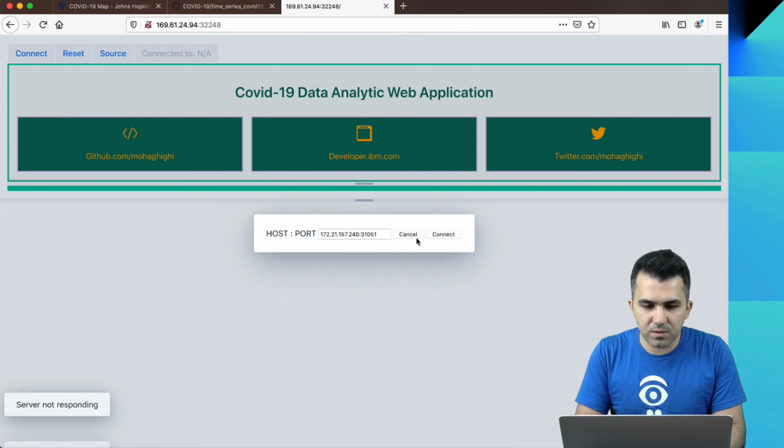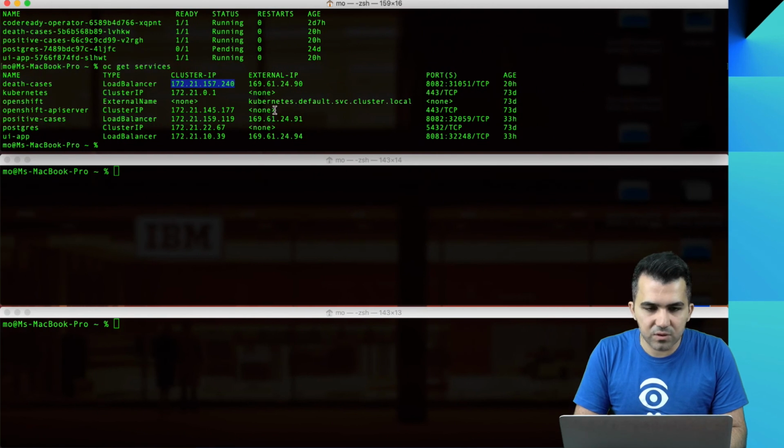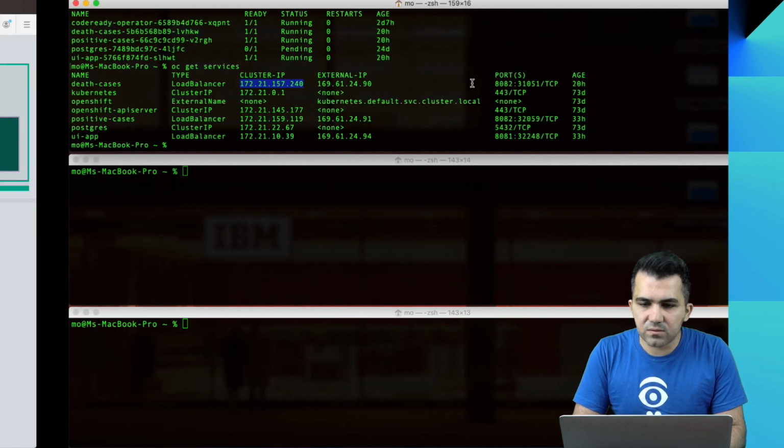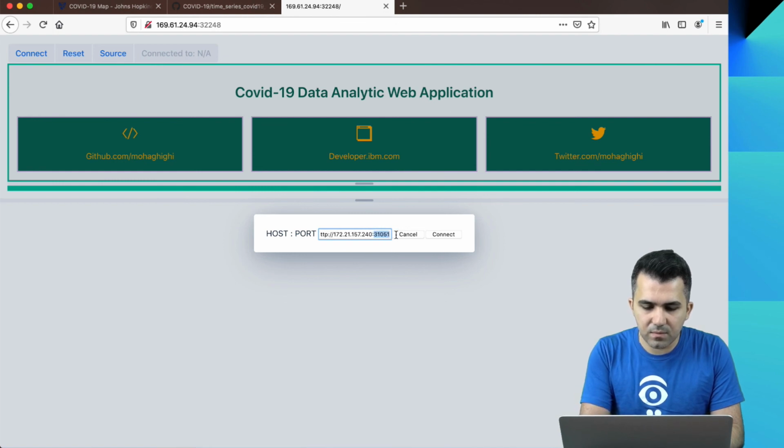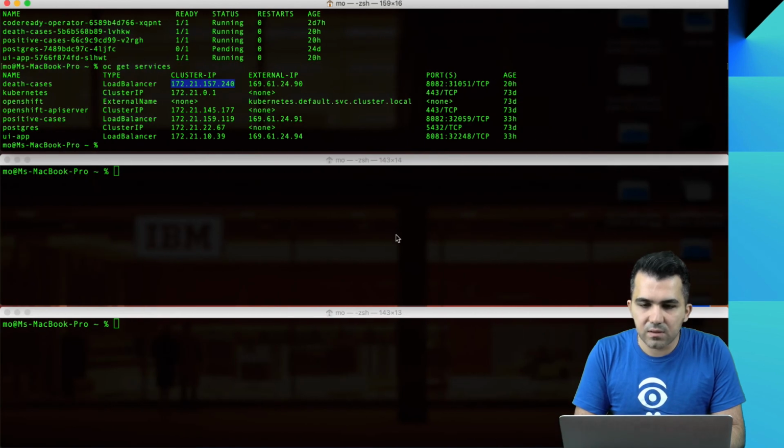Parser is not responding. Let's see what I've got wrong here. So I've got my cluster. Oh, that's my Parser, that's right.